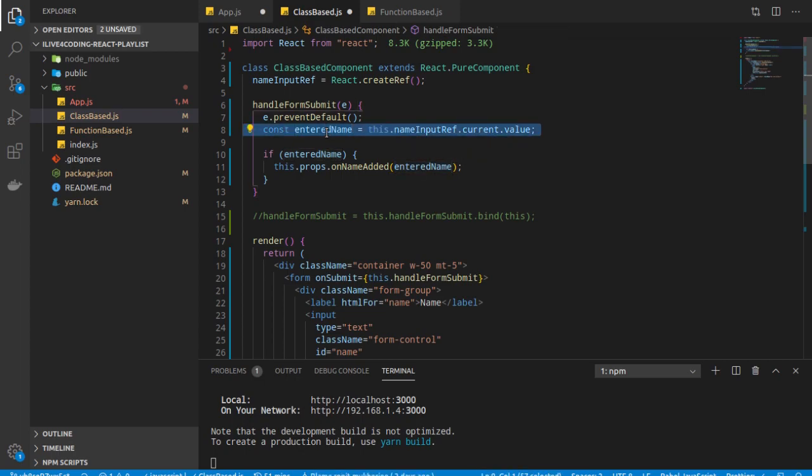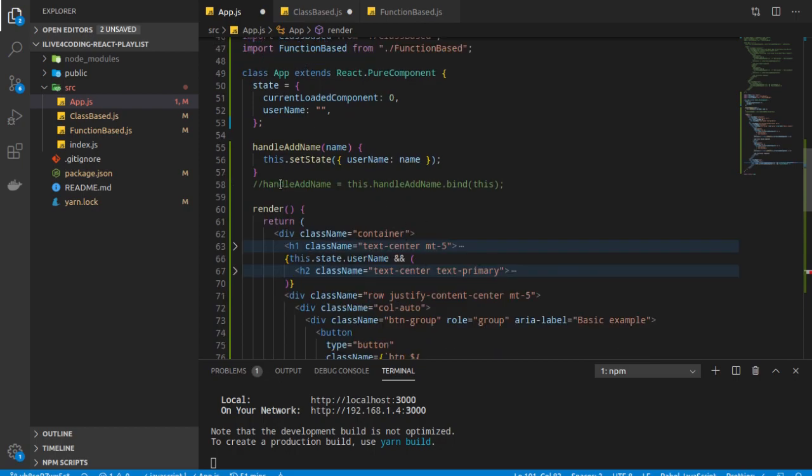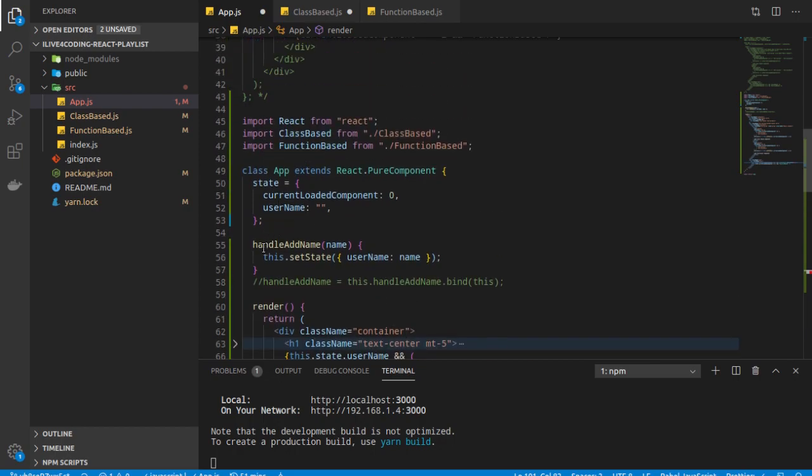This is our child component's data, and we will pass that value to this function, because we can't directly give it to the parent. So here we will get that function. How do we create a function here? I already created a function here.